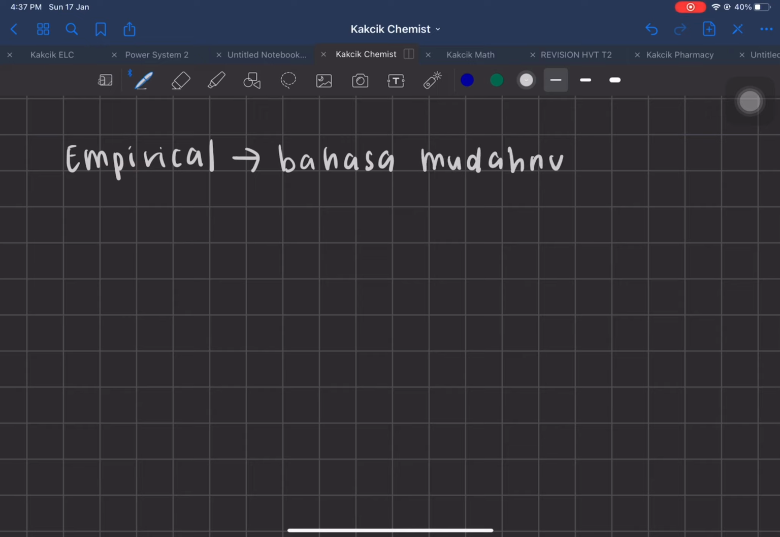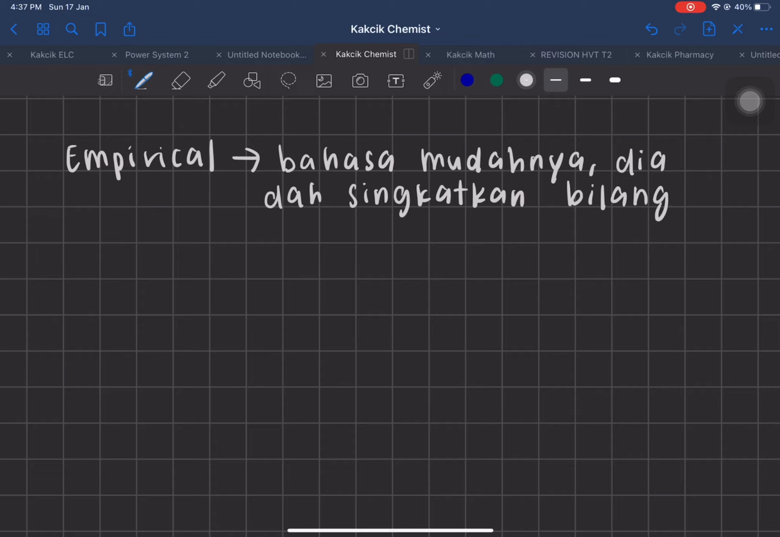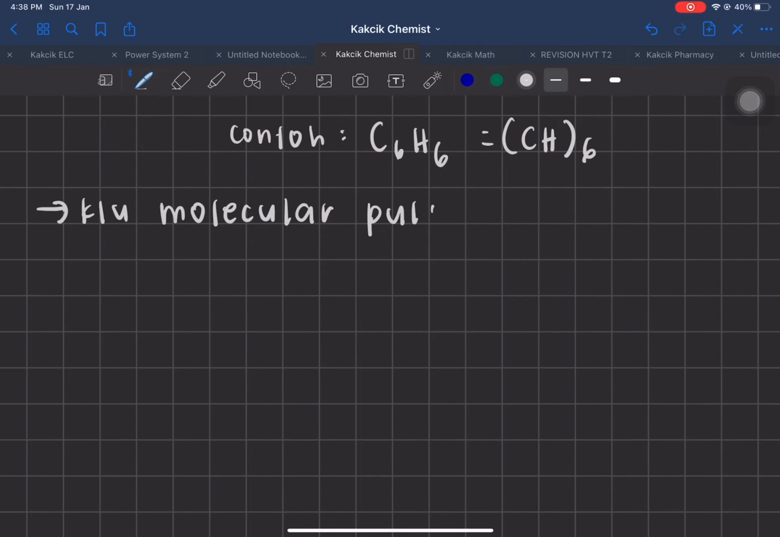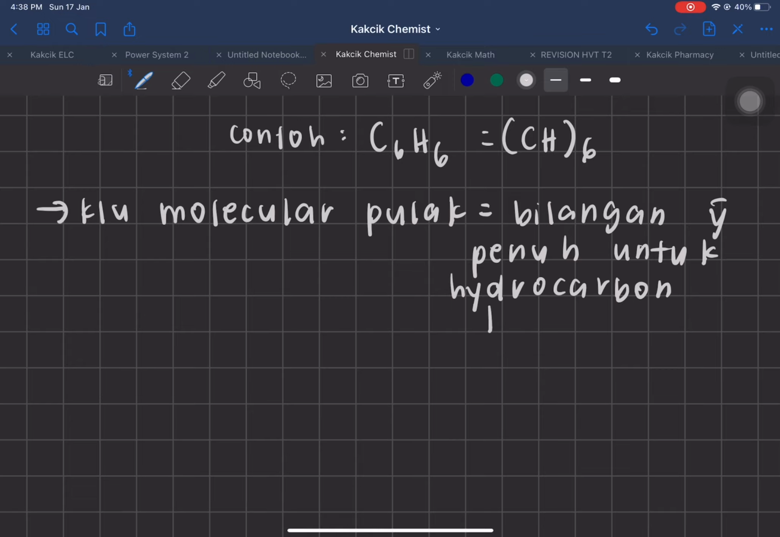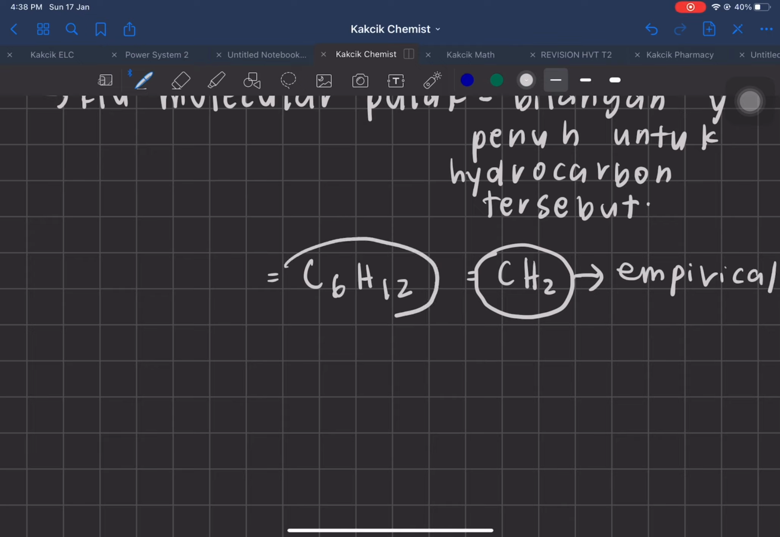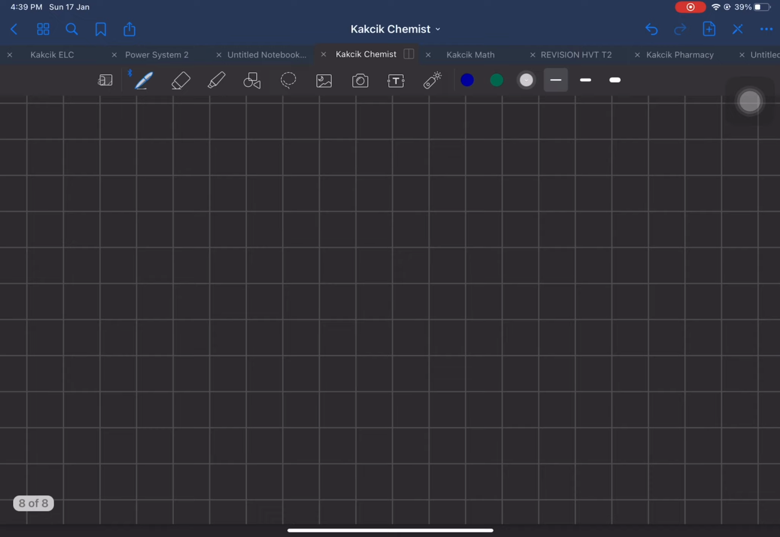Empirical formula ni singkatan dia atau bahasa mudah dia adalah dia dah singkatkan bilangan C dan H. Contoh C6H6. So dia dah ringkaskan, so akan jadi CH. Okay, kalau molecular formula pula, dia bilangan yang penuh untuk satu hydrocarbon tersebut. So C6H12, empirical formula dia is CH2. Okay, kalau structural formula pula,